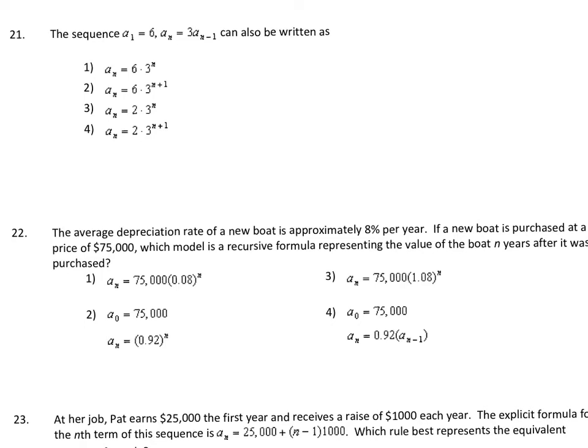Okay, so for number 21, they tell us that the first term, this is written in recursive form. They tell us the first term is 6, and to find any term, you take the previous term and multiply it by 3. So this is geometric because we're multiplying by 3 to get from one term to the next. Now, if I wanted to write that in the explicit form,